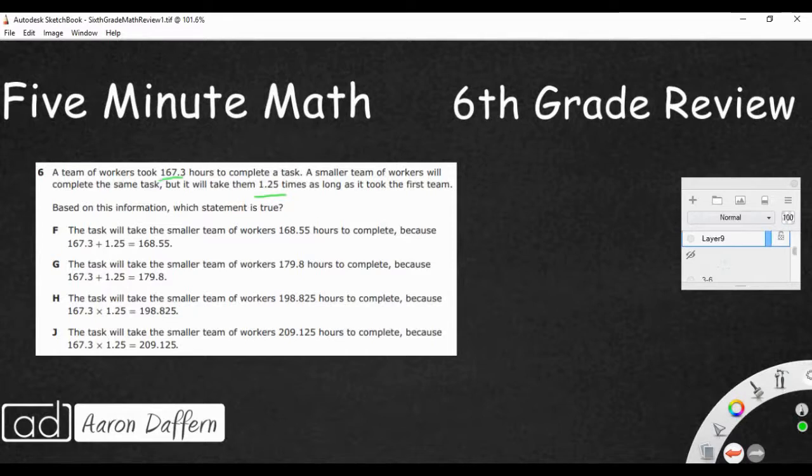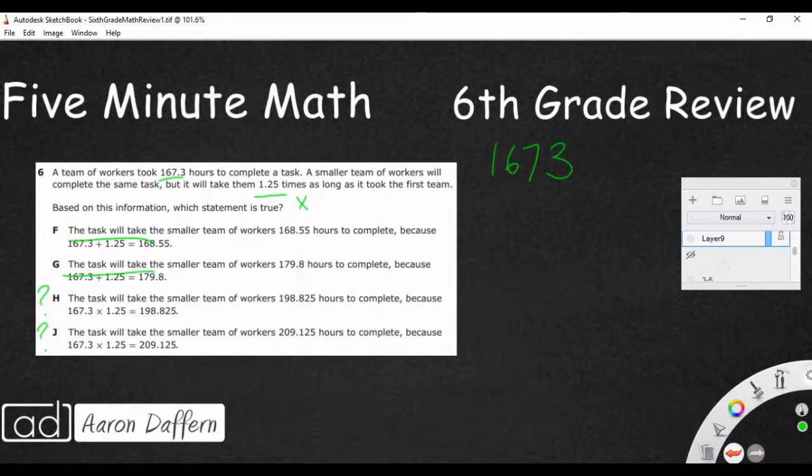You got a team of 167.3 hours. Took them that long to complete a task. A smaller team, it's going to take them 1.25 times as long. They give you the operation right there. It's multiplication. So you're not going to add. It's either going to be H or J. And the question is simply, can you multiply